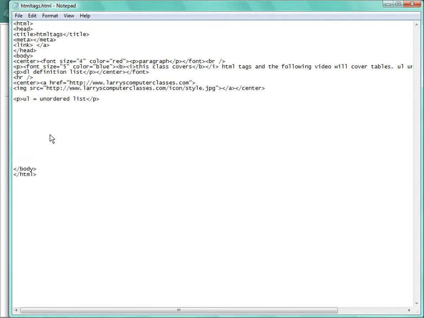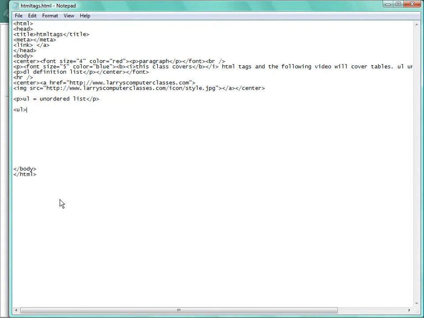And the way we do these tables, there's two different types of tables you can use. Unordered list, you would do UL to start. Then underneath you would do,